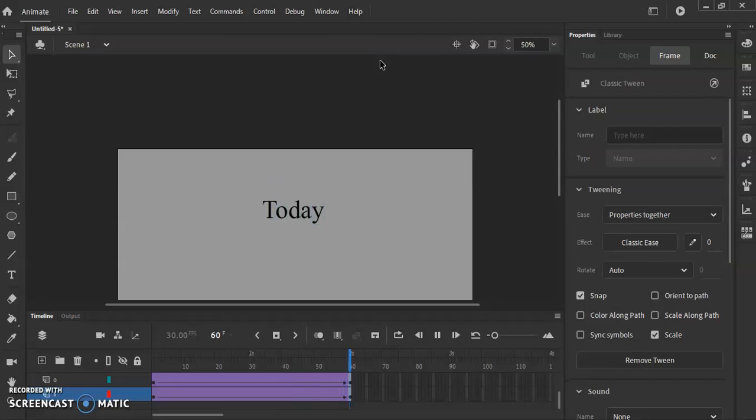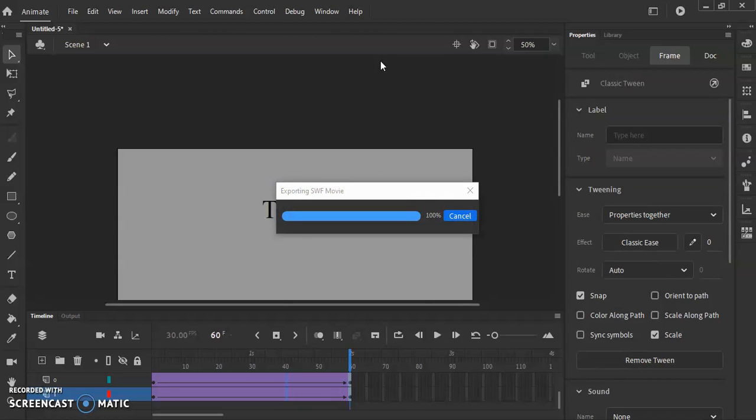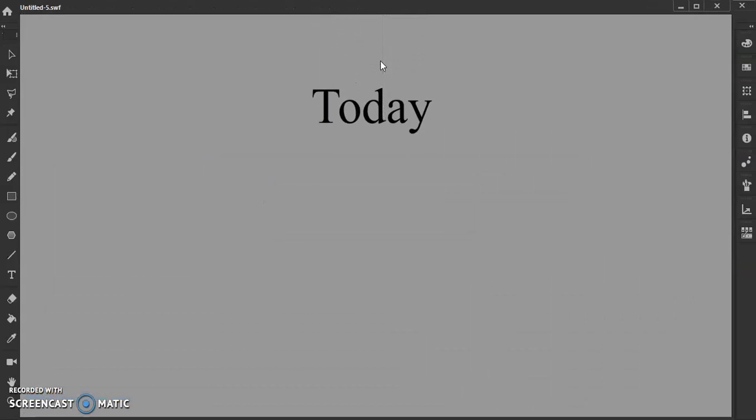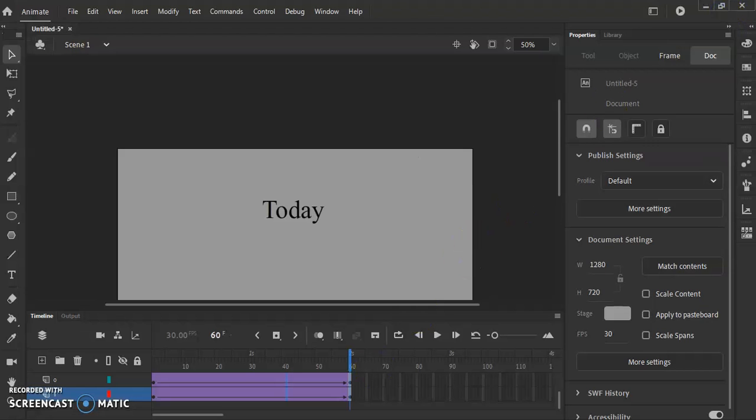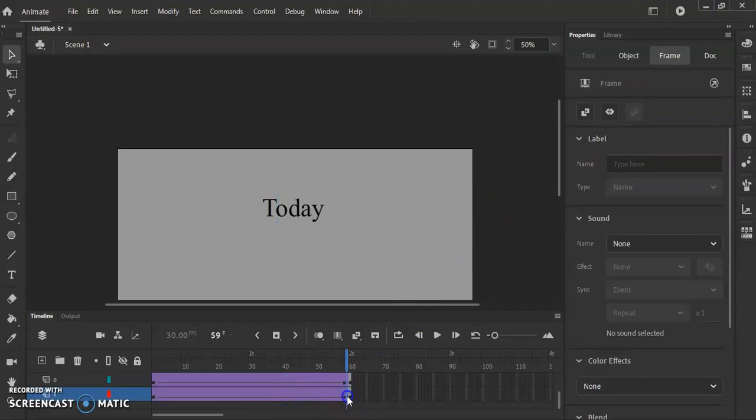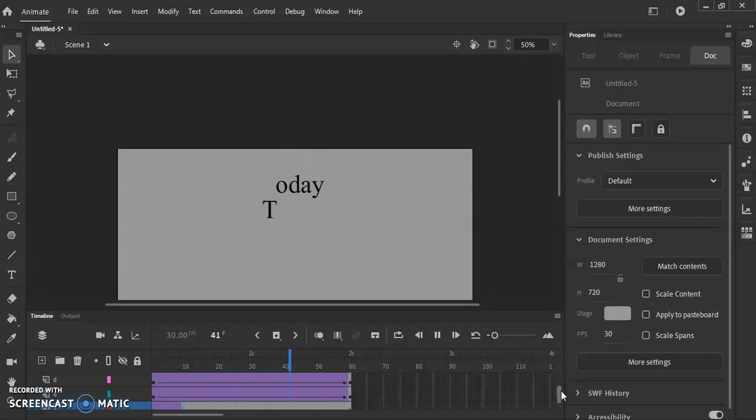Okay, so now this is coming as a smooth transition, but I wanted to make it in a ladder form. So how can we do that? It's very simple. I want T over here, and I want it to be on the 10th frame. I just drag and drop it to the 10th frame. So if you now look over here, what will happen? T will come first,